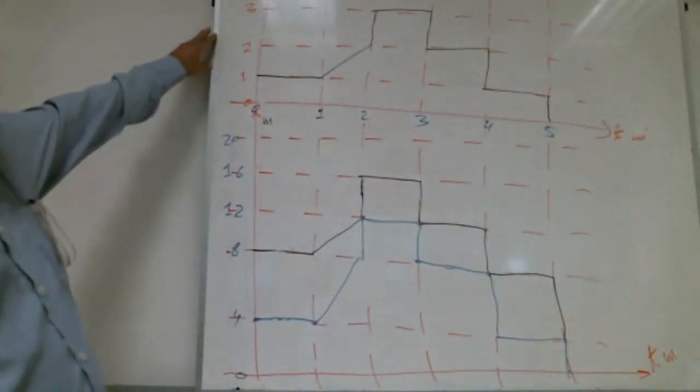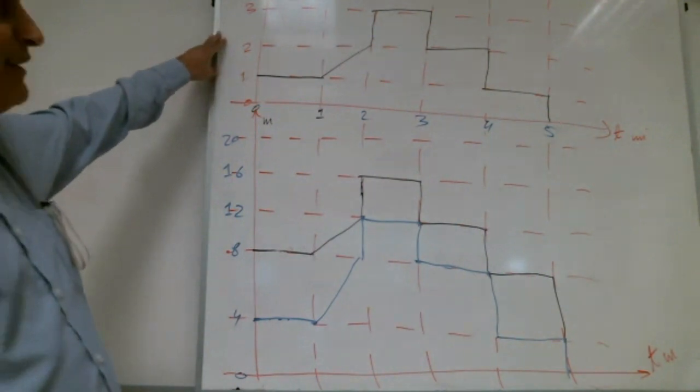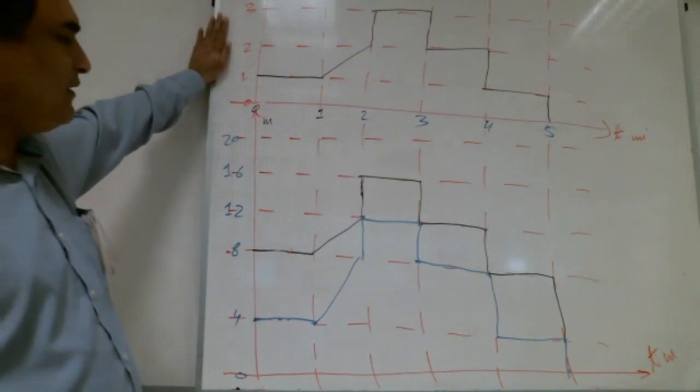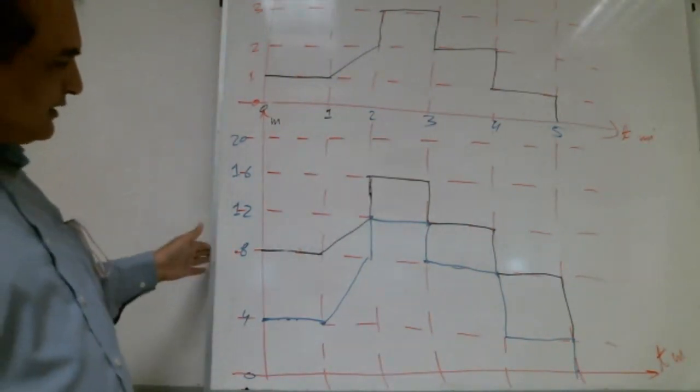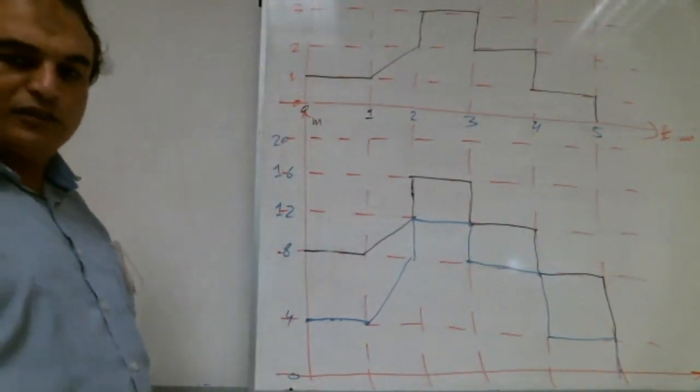The KC, the proportional band, was given in the question. Please read the question. I believe you are not reading it. Proportional band given, we find the KC, multiply with the error. We get the output, then we add the MR. Then from the given curves we find the data. So we did both ways.